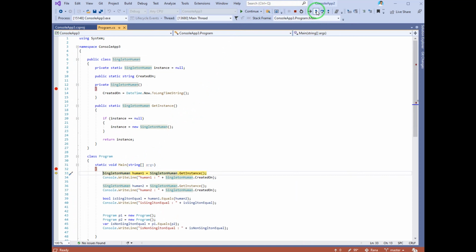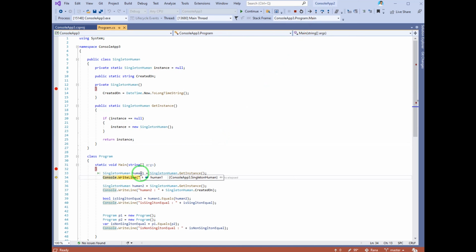Press F11. Here the instance is null, so it fills the property CreatedOn with the current timestamp, and now the instance got created and we are getting it from the Instance property.